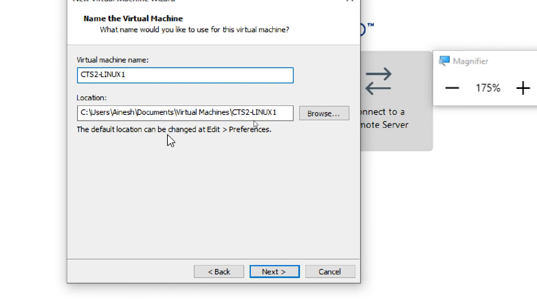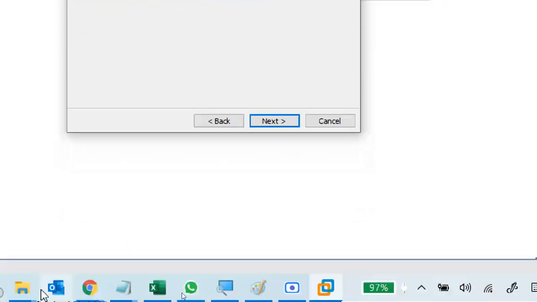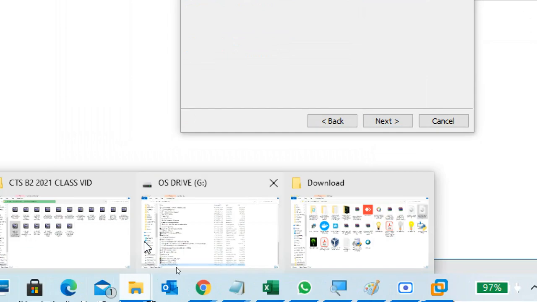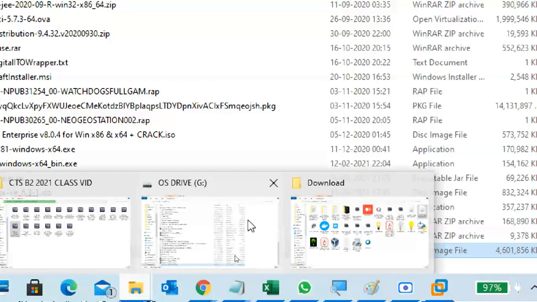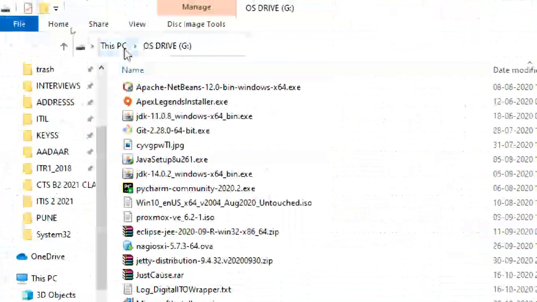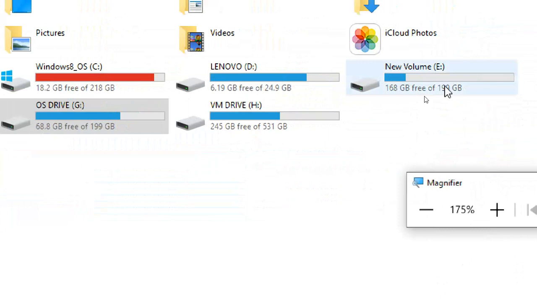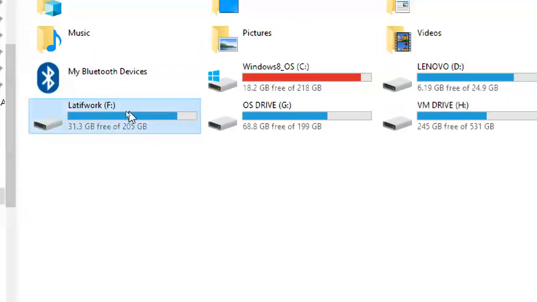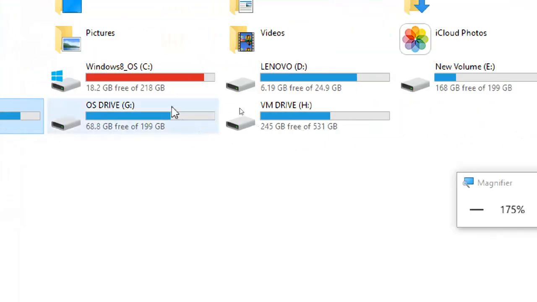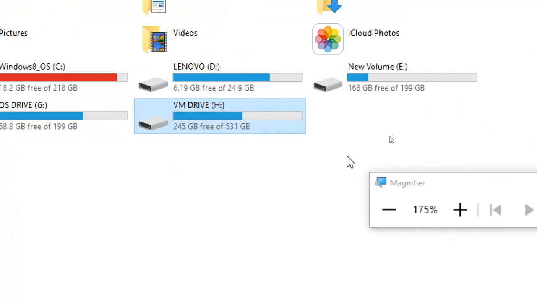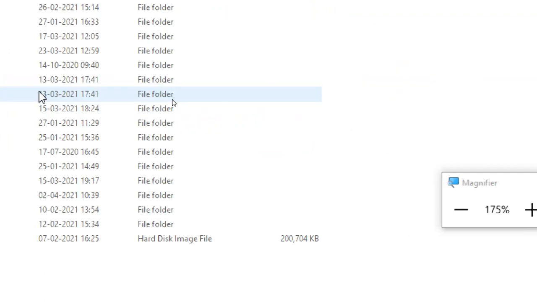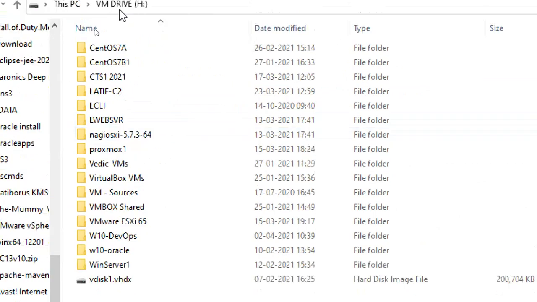Okay. Next, where should I store it? If I leave it like this, it will store in the C drive. I don't have more space in the C drive, and it's better not to put it in the C drive anyway. Try to get in the habit of a better way. So this is my G drive. I'm going to this PC where more space is available. See, the E drive has more space. The F drive doesn't have more space, but the G drive and H drive have more space. And next, in the H drive, I'm storing all the virtual machines. So you can see all of my virtual machines are stored here only.